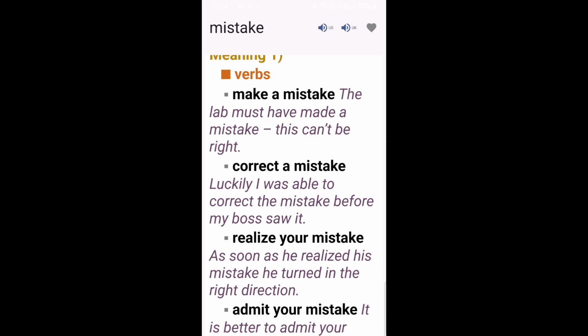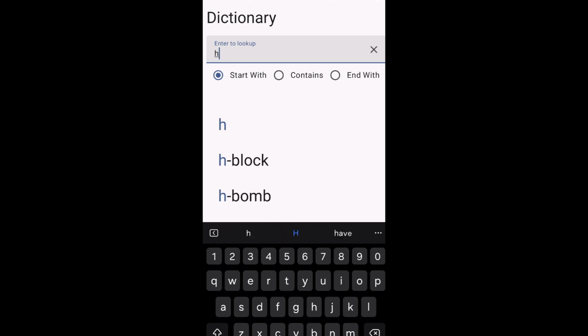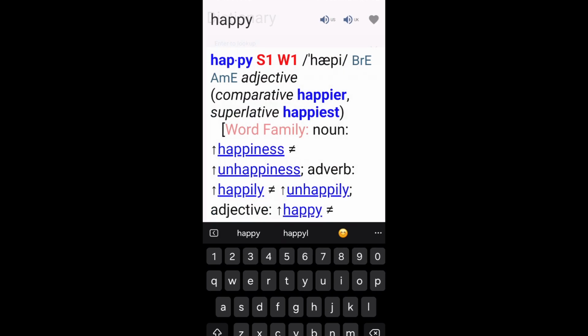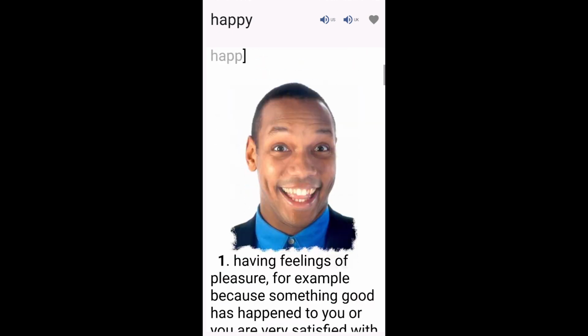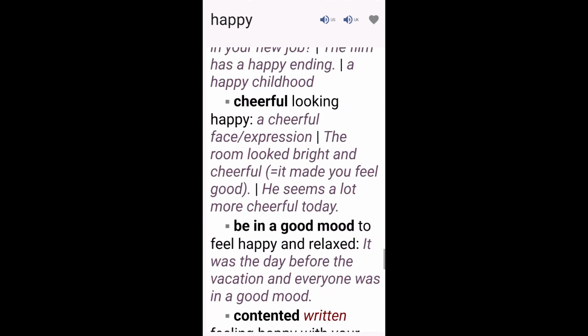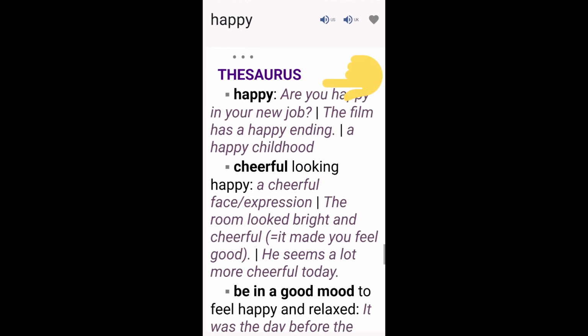sentences more confidently. The final step is using the Thesaurus. Checking the thesaurus is a bit more advanced, so it's best for students who are beyond the beginner level. A thesaurus helps students find synonyms, words with similar meanings, but with slight differences in usage, tone, or formality. For example, let's check the word happy. If you scroll down in the dictionary, you'll find the thesaurus section, which shows related words like cheerful means you